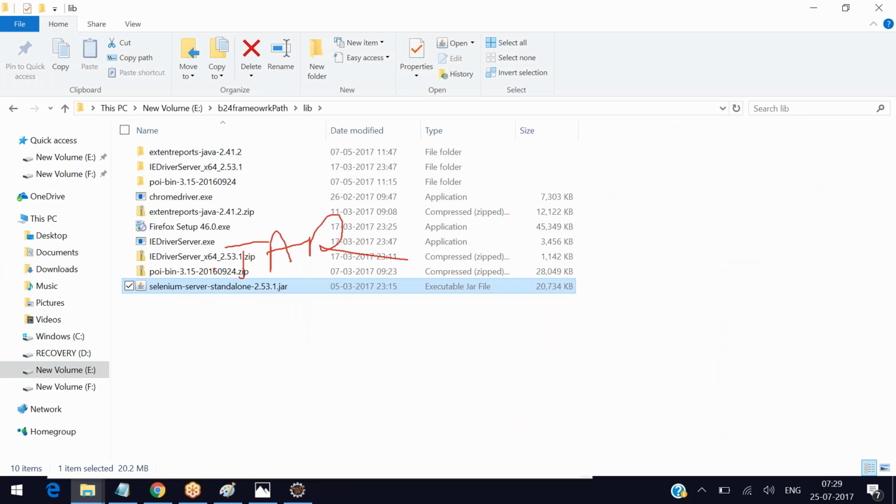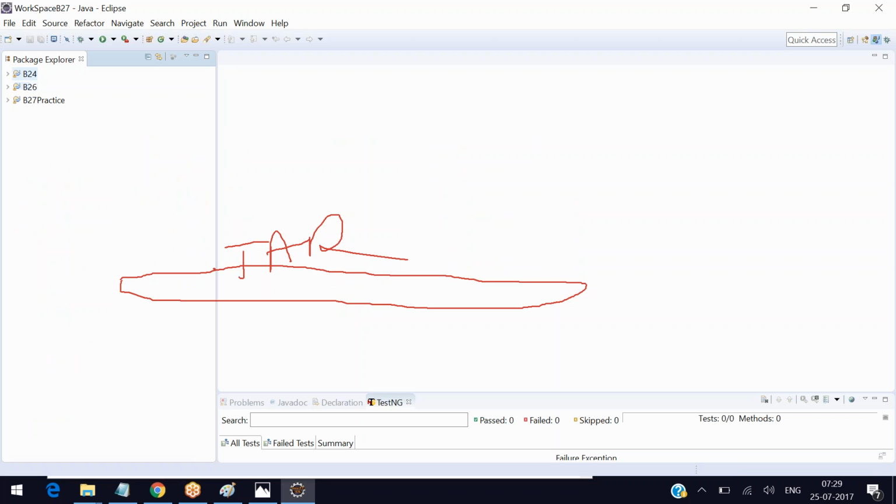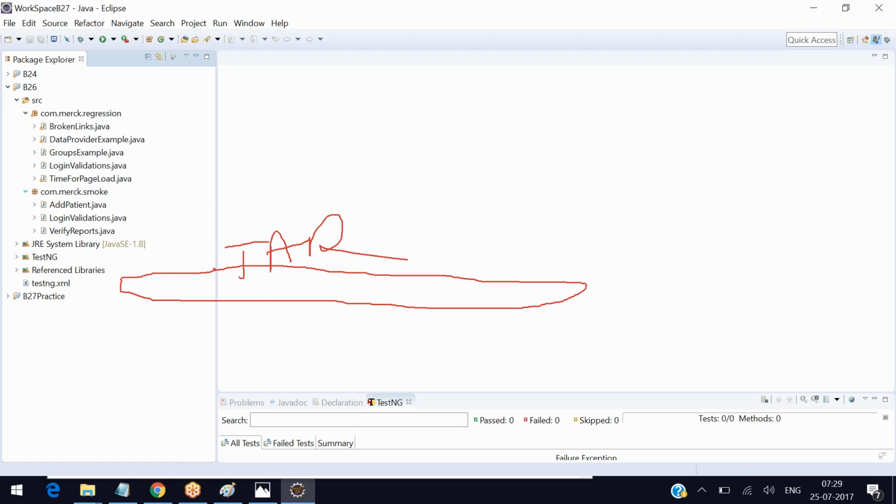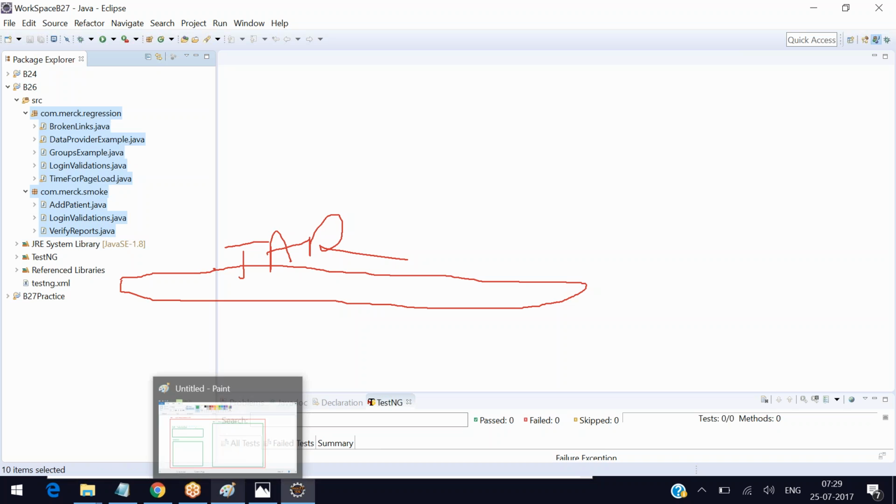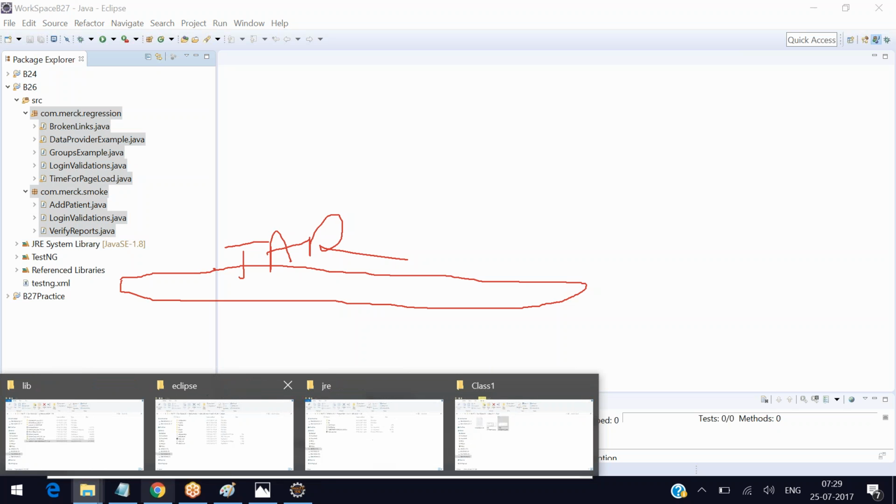the Selenium standalone, it's a jar. So whatever we are saying, the Selenium automation tool, it's basically a jar file. They might have written the code the way we write it in Eclipse. We used to write these things in Eclipse, right? They would have used Eclipse or some IDE, but to convert whatever code you have written in Eclipse into some kind of a jar file, the jar file I just showed you,